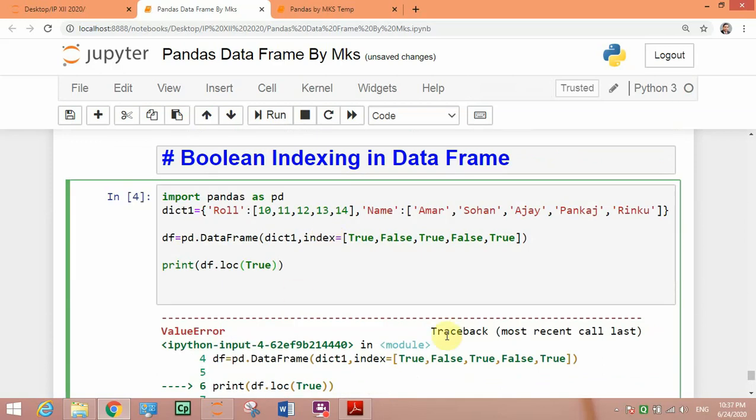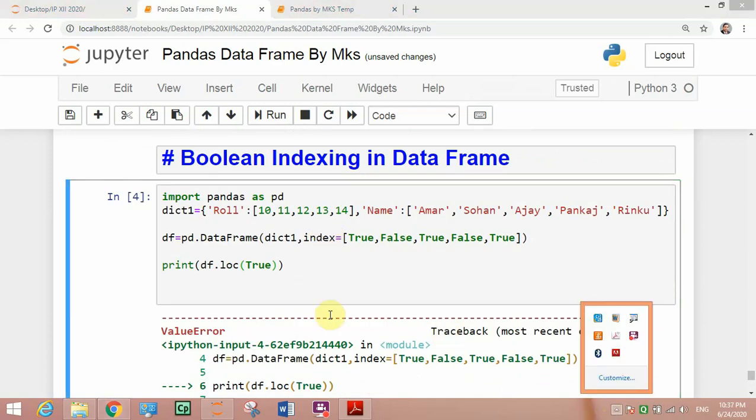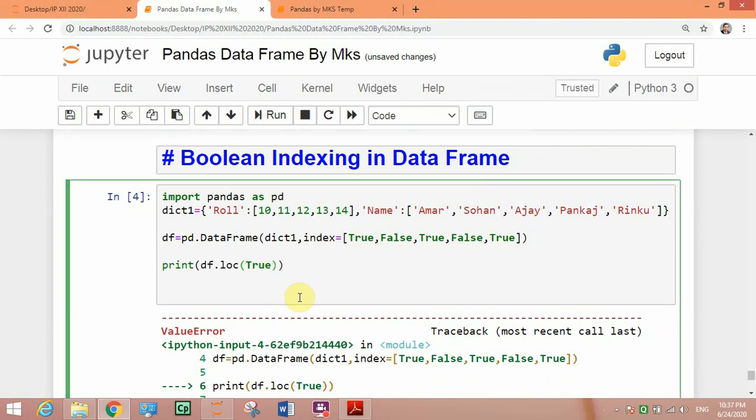Okay, so problem is we have to give this value in the form of list. So this and this, and here we have to change this.